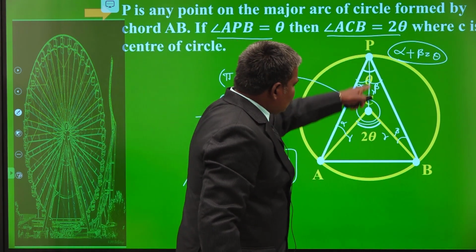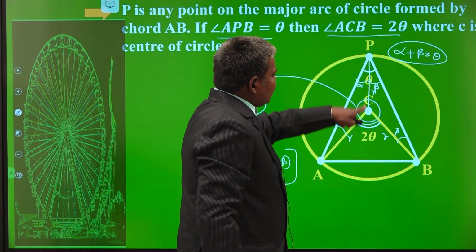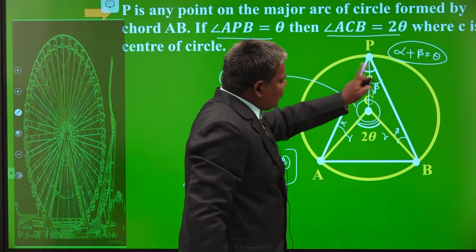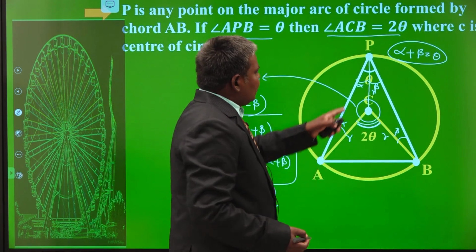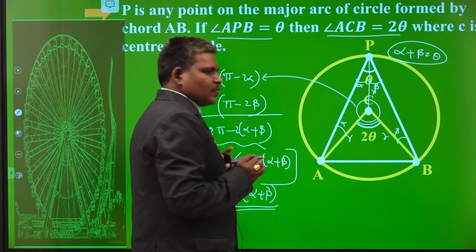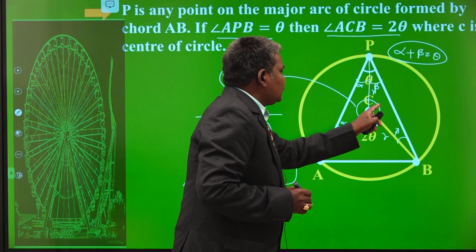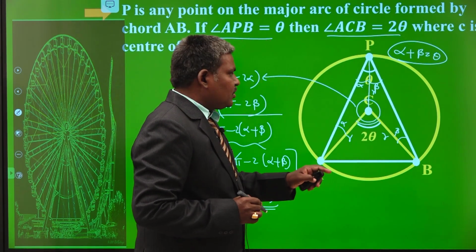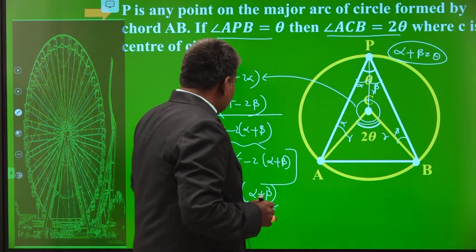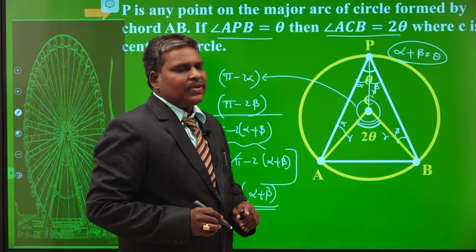See here, these two are congruent triangles. If it is alpha, immediately this will be alpha. If you take beta, even though, you can crack this one. Understand? Some of the students may not identify that these two are congruent triangles. Even though, if it is beta, we can crack this one. 2 times alpha plus beta.